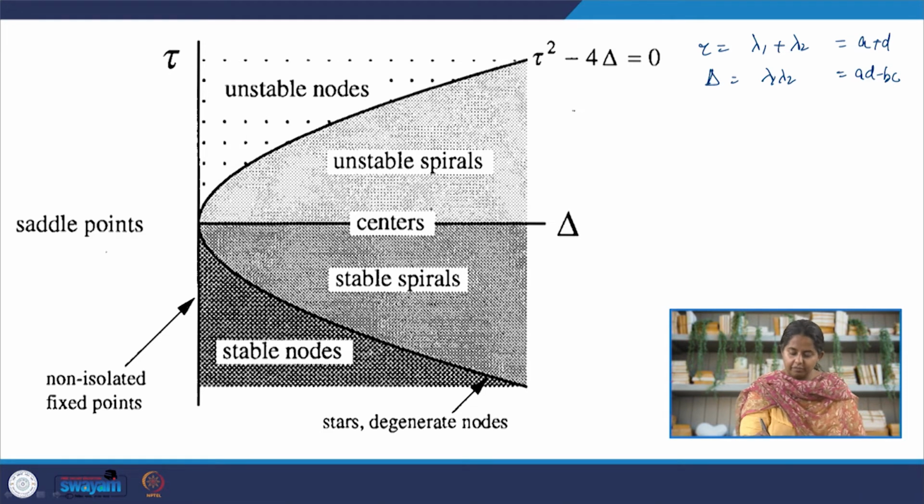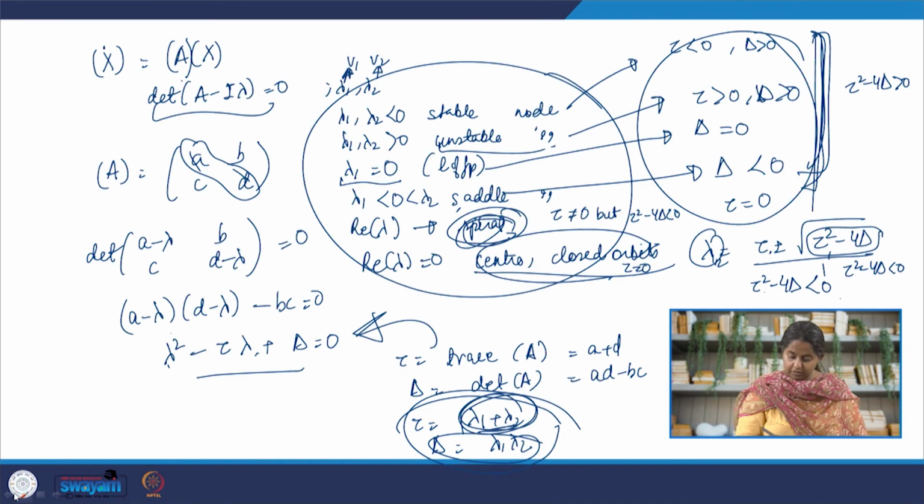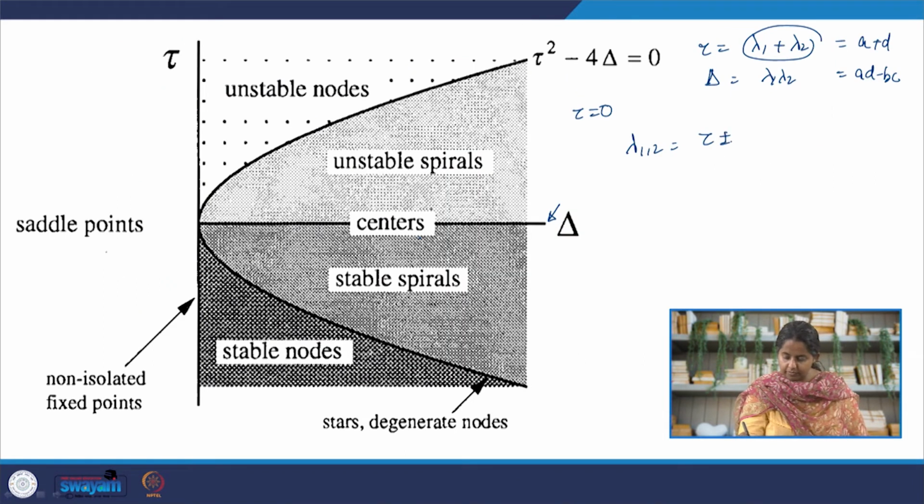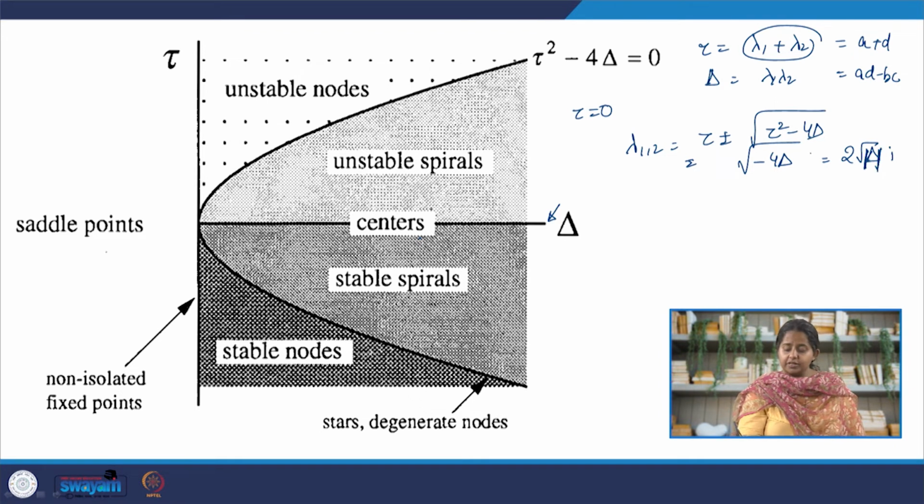Now, what happens when tau is equal to 0? When tau is equal to 0, we are dealing with only the x axis. So, tau is equal to 0, lambda 1, lambda 2, when they add up, A plus D is equal to 0, we are dealing with centers. How does it make sense? Because remember, lambda 1, lambda 2 are given by tau plus minus under root tau square minus 4 delta. So, what we have here is tau is equal to 0. So, lambda 1 lambda 2 is basically plus minus under root of minus 4 delta, so we have 2 under root delta i in magnitude. So, this is a purely imaginary